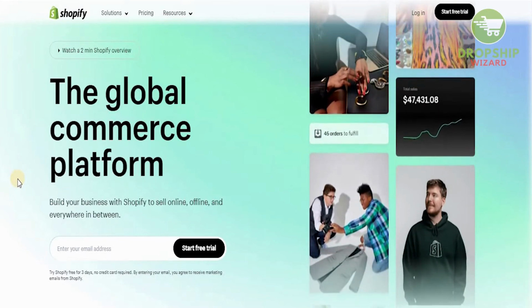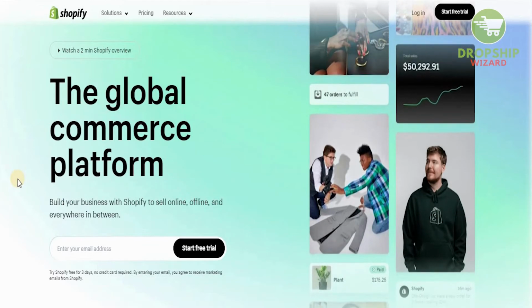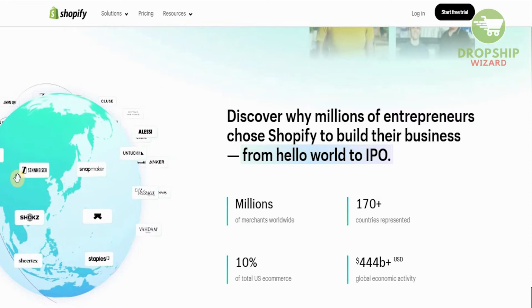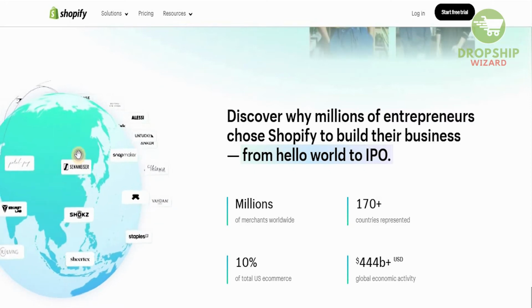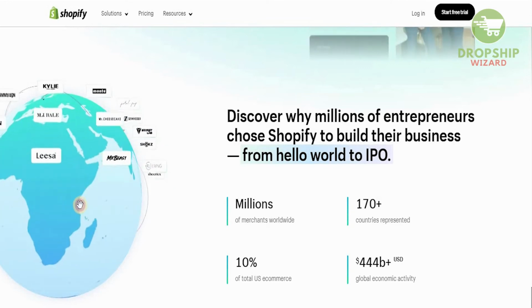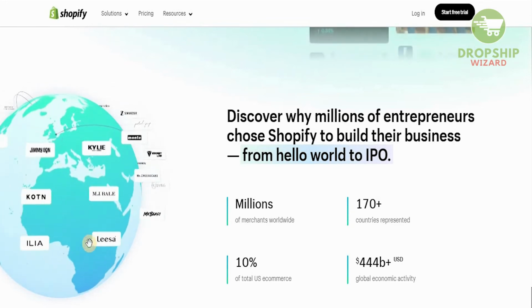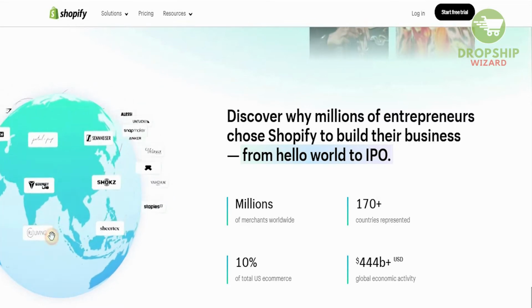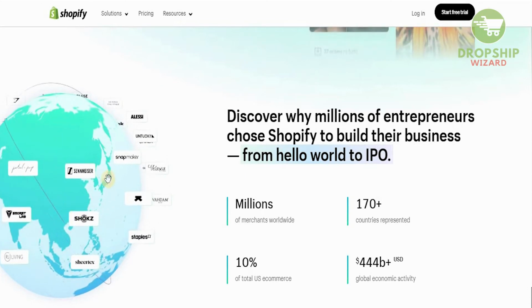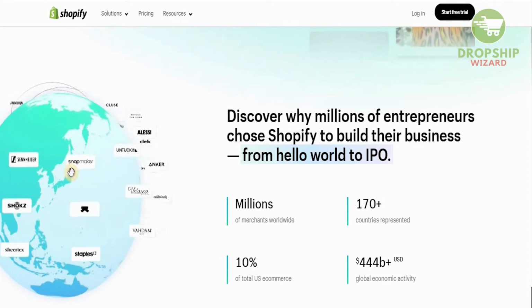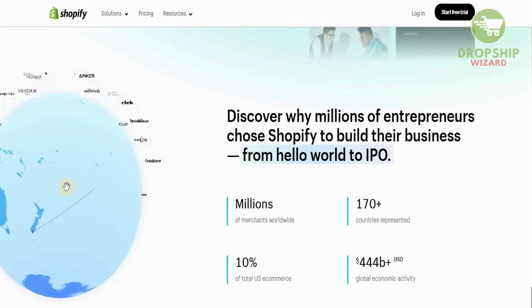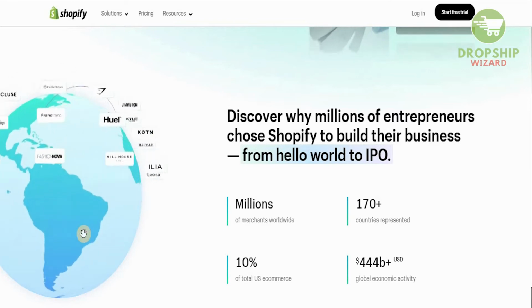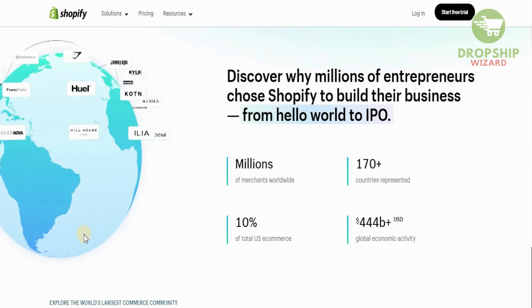Shopify.com, the global commerce platform, guys, where you can build your business with Shopify and sell online, offline, and everywhere in between. And the main reason that we absolutely love Shopify is the fact that you have an opportunity to look at millions of entrepreneurs and understand exactly what they have done, and it gives us a chance to learn from their mistakes so we don't repeat them. With representation in 170 countries, with a total US e-commerce of 10%, a global economic activity of $444 billion. And obviously, guys, at the end of the day, when you are using Shopify, you position yourself in a very